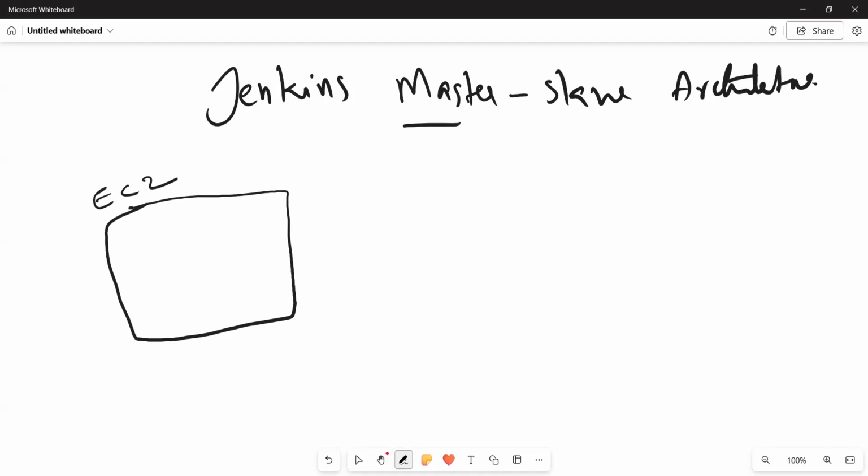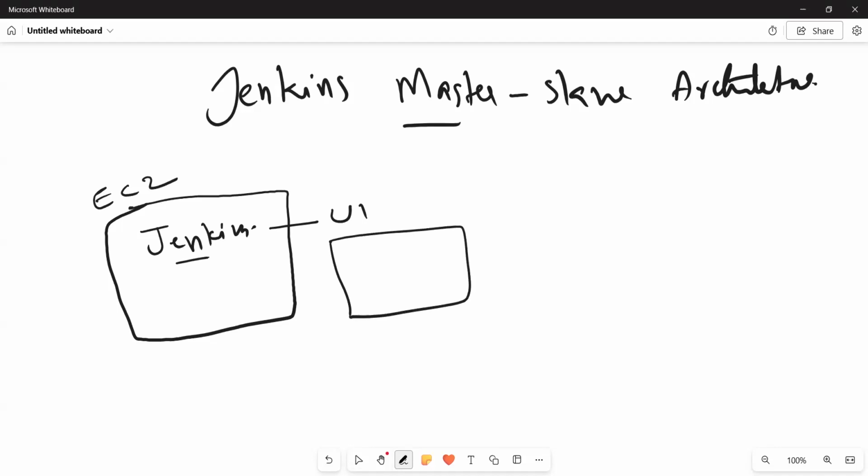Consider this is an EC2 where we are installing Jenkins. Okay. So we will take an EC2 and install the Jenkins application. And after that, we will access Jenkins using the UI, right? In the UI, we can see the Jenkins dashboard and everything. So we configure the Groovy script, right? I mean, we write the Groovy script and define everything inside it, like the pipeline, starting with the pipeline,